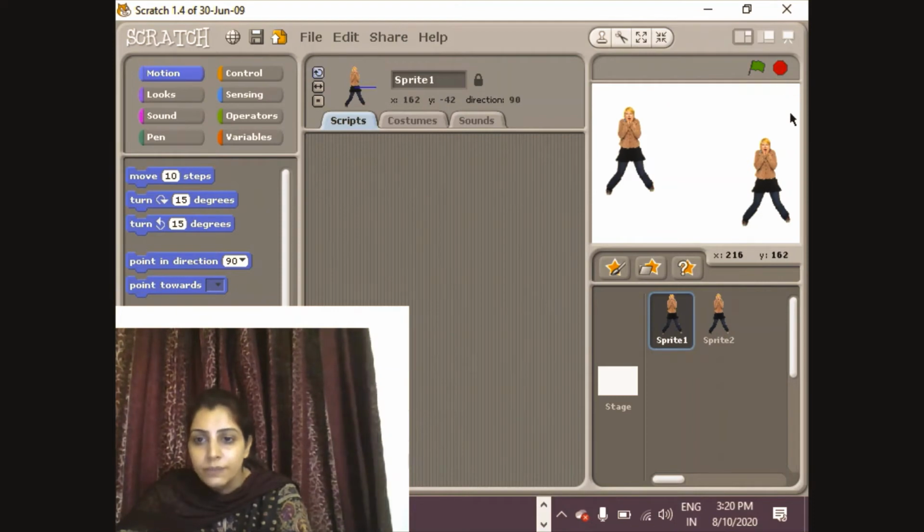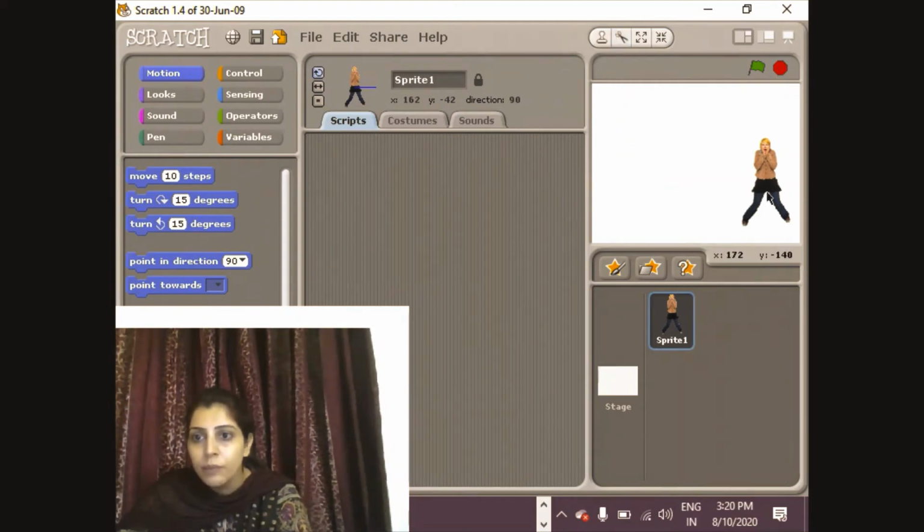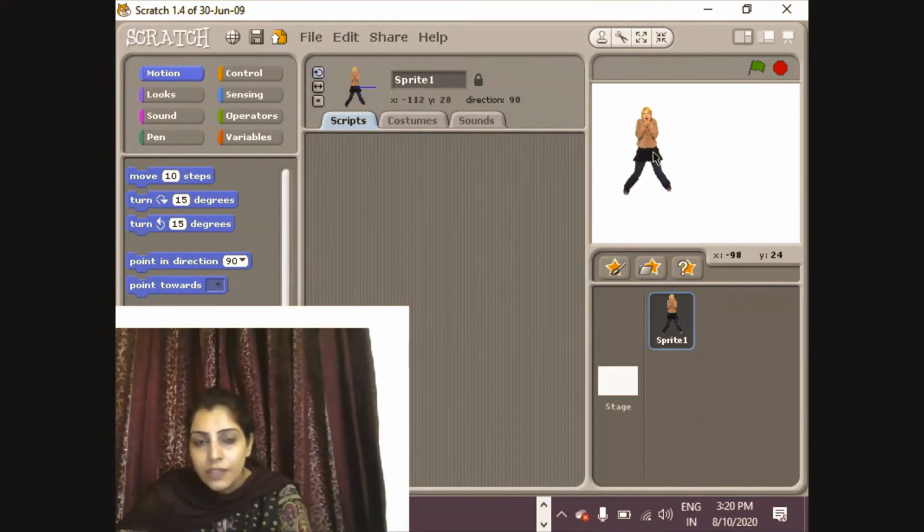For example, let's do a simple example so that it can be more clear. So this is my sprite, right? I want to give some instructions so that this sprite can perform particular instructions. So click on this sprite. So you can see from here now, by default, my sprite 1 is selected. I want to give the instruction move 10 steps.